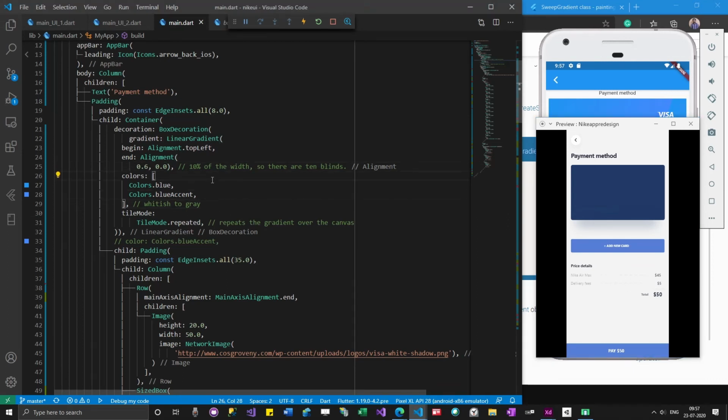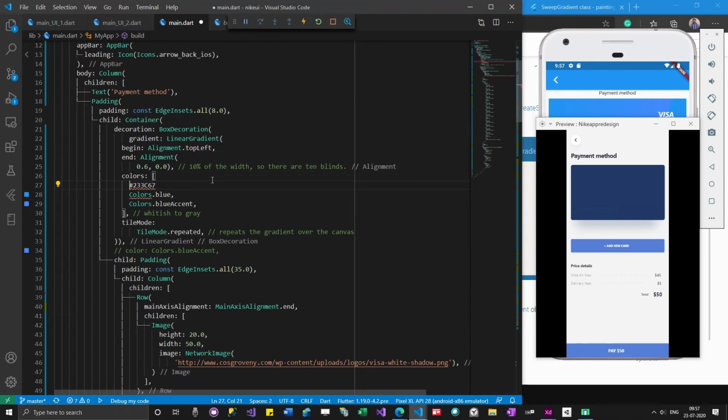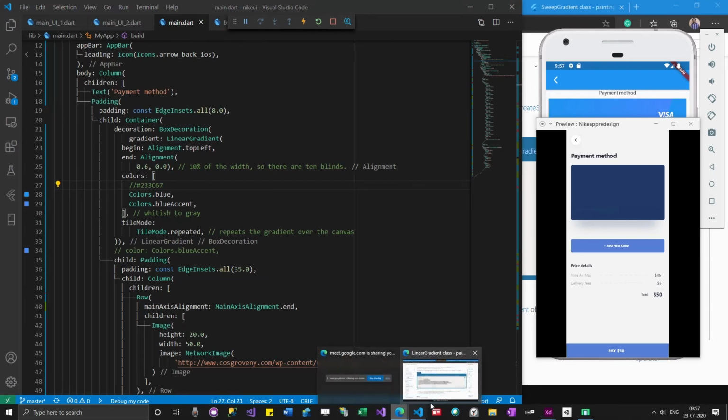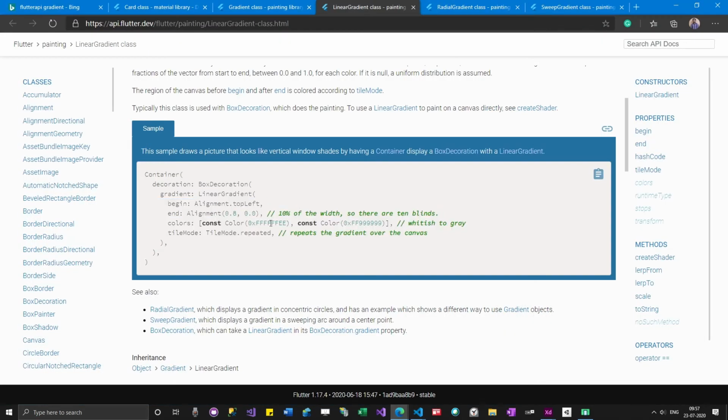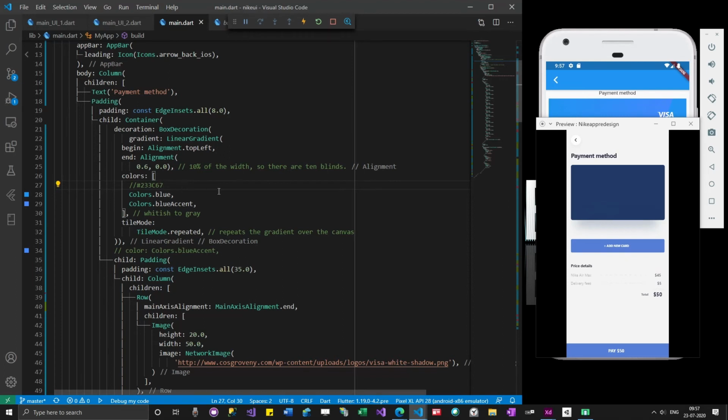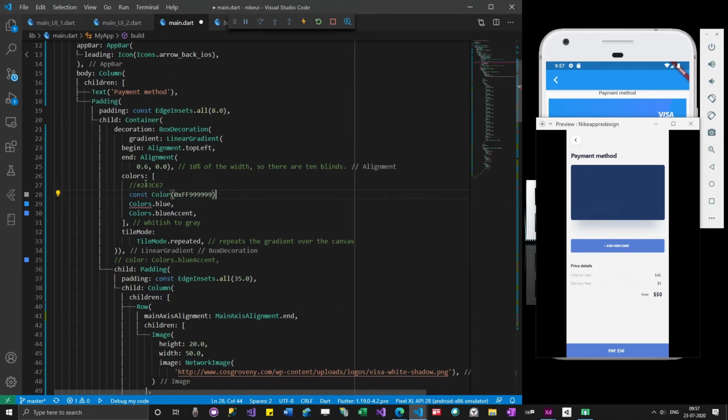So let me put it here and comment it for the moment. I'll change these last 6 values and see if it works.